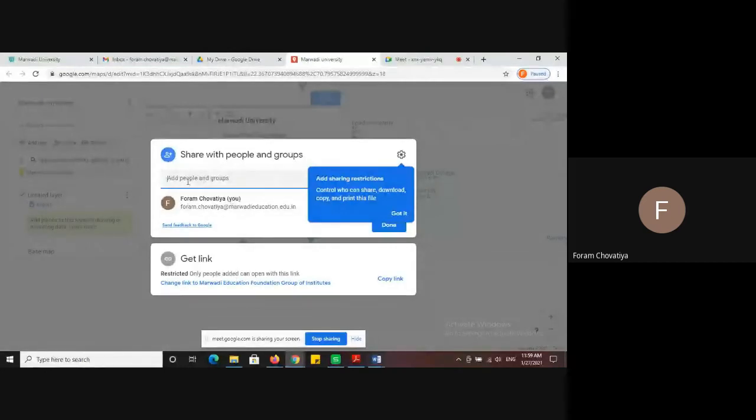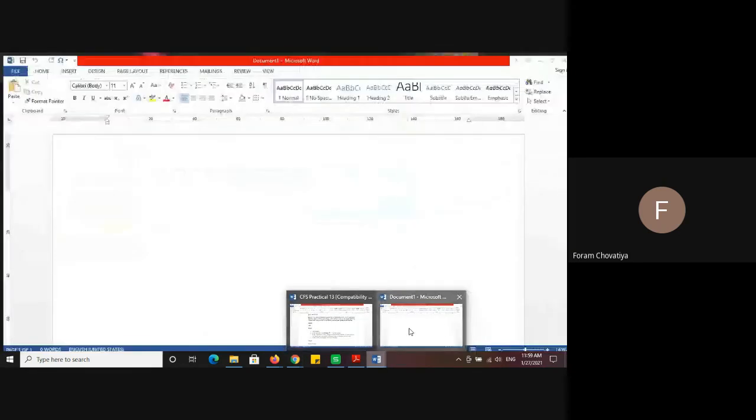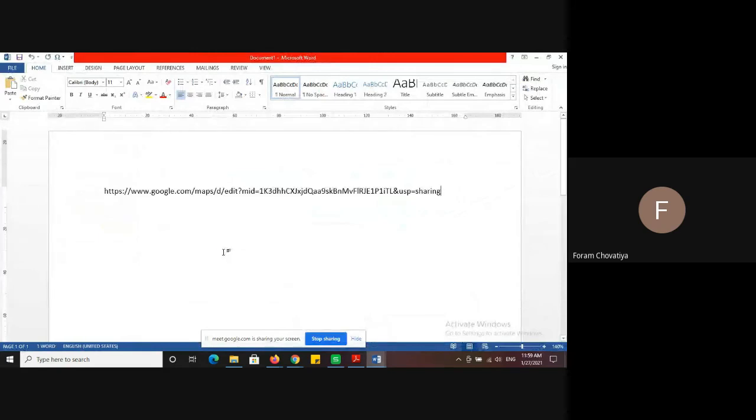Here you can write the particular student's mail ID, your friend's mail ID. Otherwise, you can click on copy link. I want to add that link in my Word document, so I copy that link and put it in my blank document. If you click on that link, your map will open.